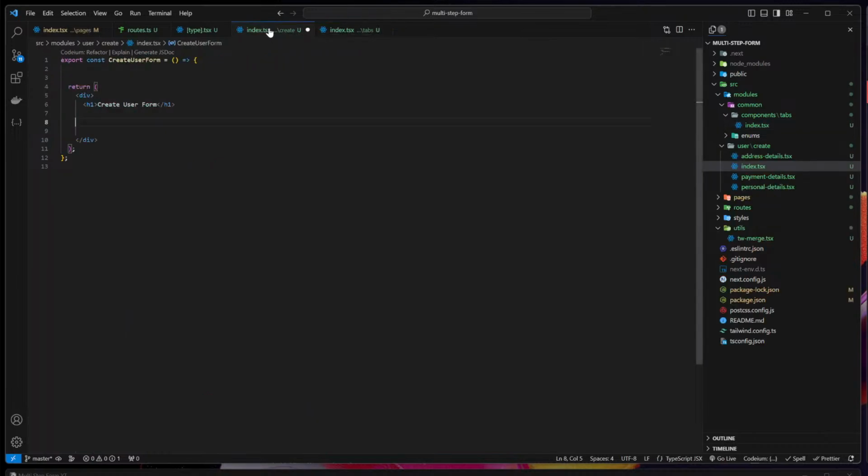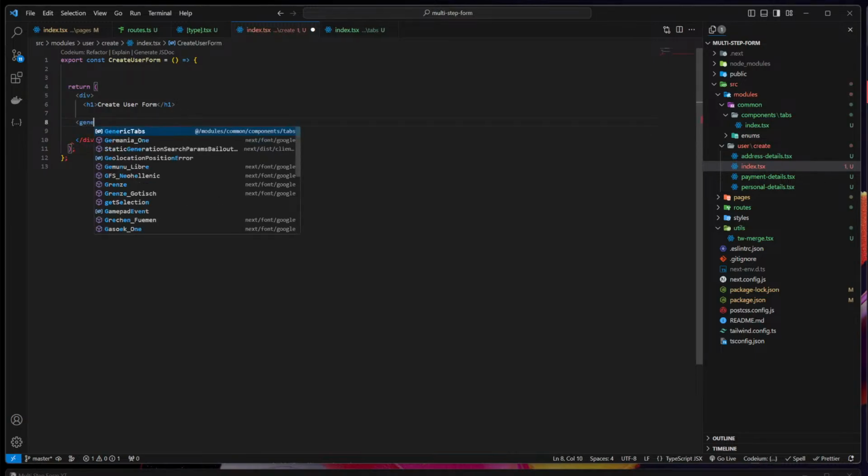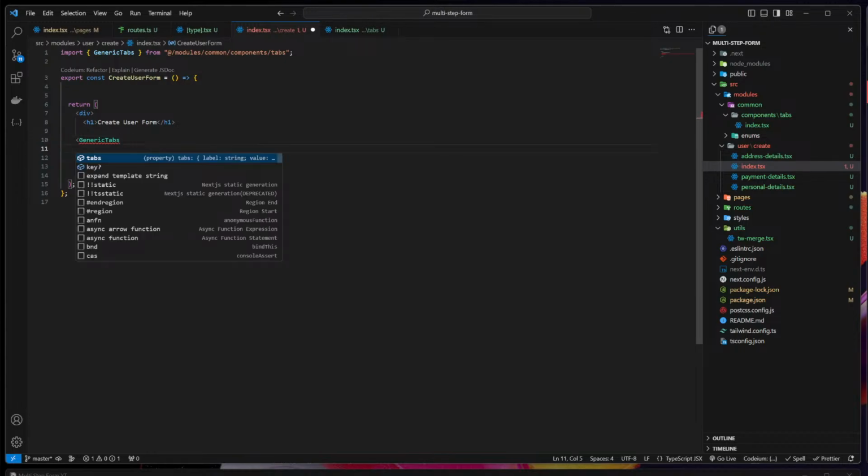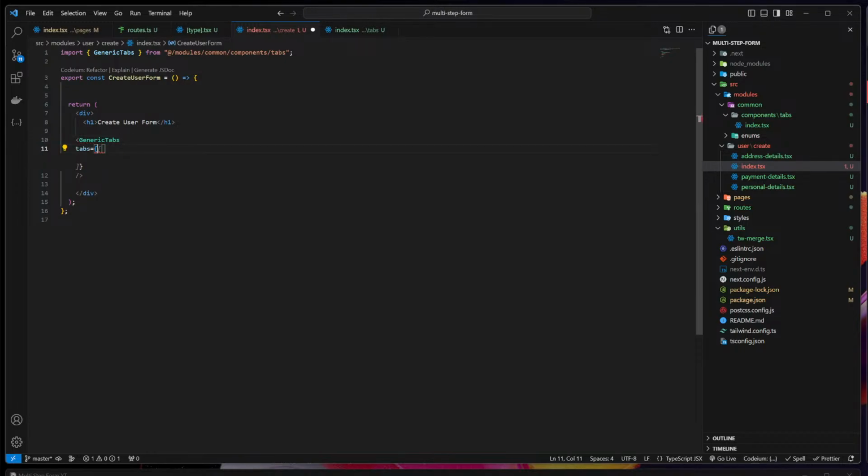Okay, looks kind of good currently. We'll see. First of all, we'll just integrate something. Let's say create user form. What you can do here is just call our generic types. Instead of that, let's say what things are required in the types. So tabs would be of type array,